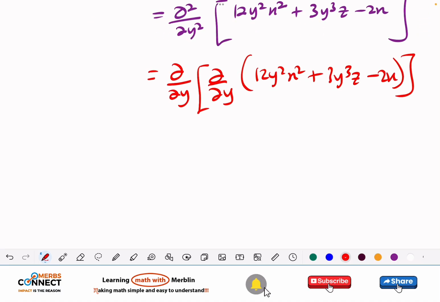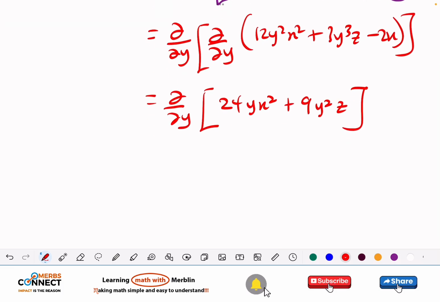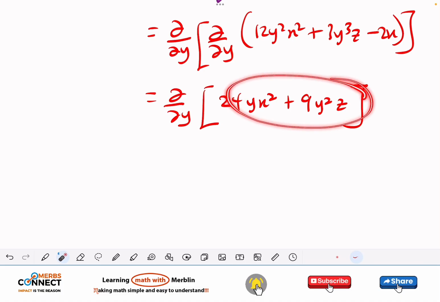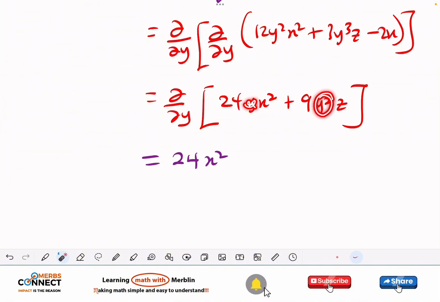Good. So now we are going to differentiate this with respect to y. So this is going to be partial with respect to y. So with respect to y, we differentiate y, and we are going to get 24y squared plus 9y squared z. There is no y, so that one gets to 0. That one gets to 0. So now let's finish it up. Now we differentiate what is left with respect to y. So we are going to have 24 x squared because I differentiate the y. Differentiate this and we are going to have plus 18